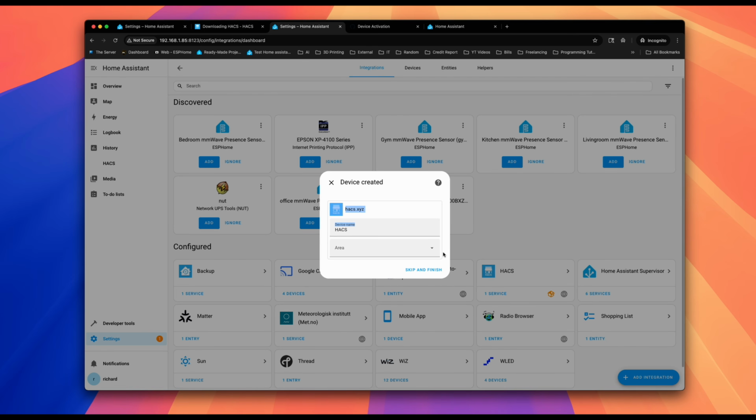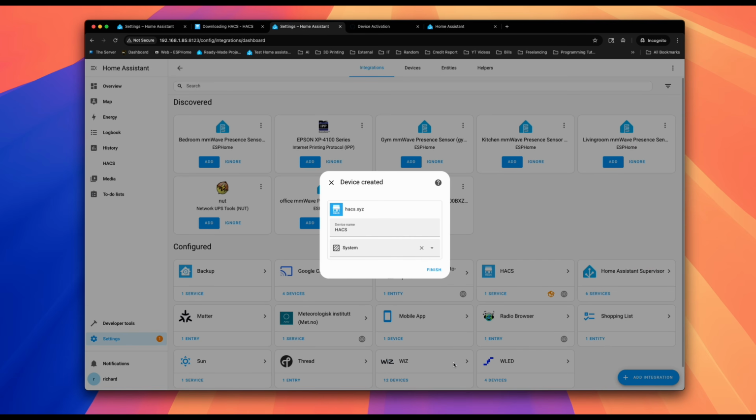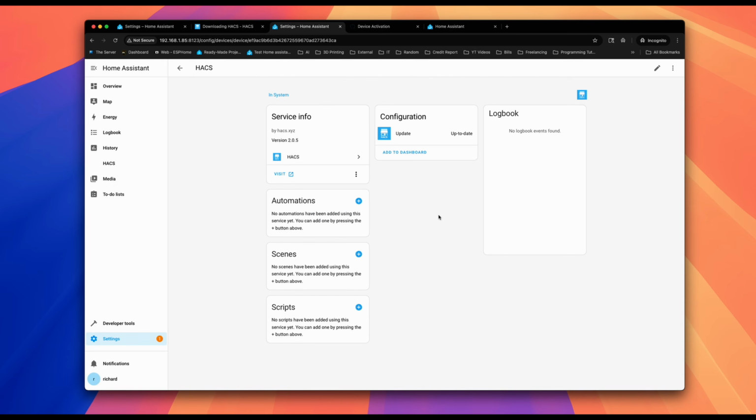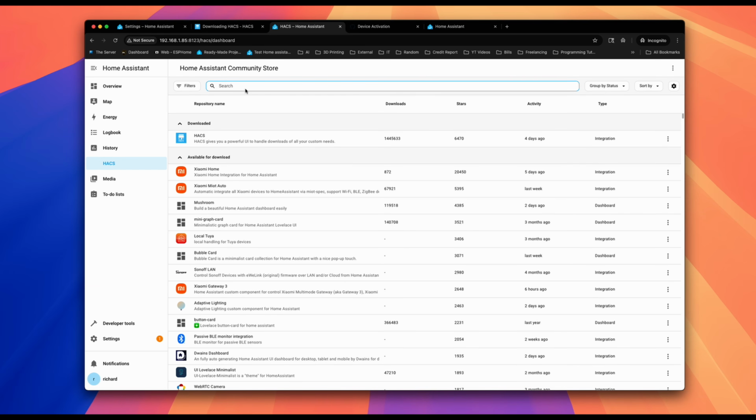Now it's created. I don't add this to any area. You can create a new area and call it system. Basically that's where you store all system related things. And so now you have the Home Assistant Community Store, and you should be able to